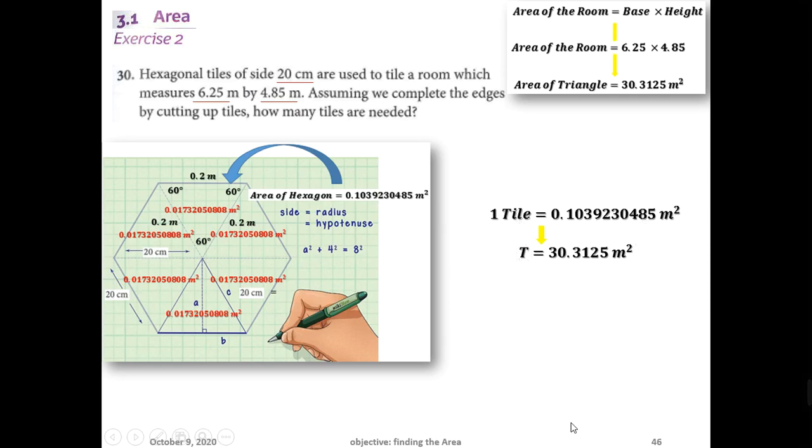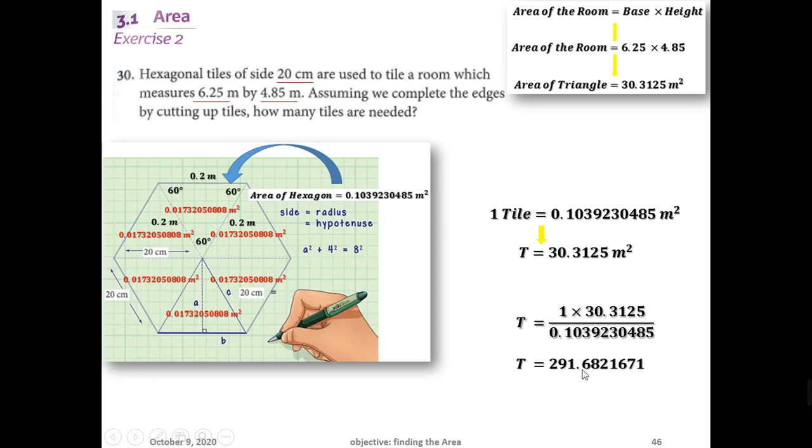What are we going to do next? Cross multiplication. So T, my unknown, is equal to a fraction line. What is my T multiplied by? It's multiplied by 0.104. So 0.104 is going to go down as a denominator. What goes up as numerator is 1 times 30.3125. If you insert this in the calculator, you're going to end up with